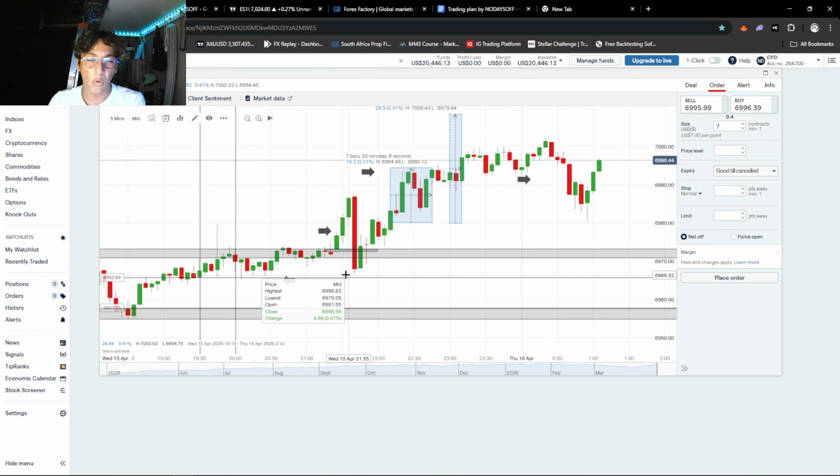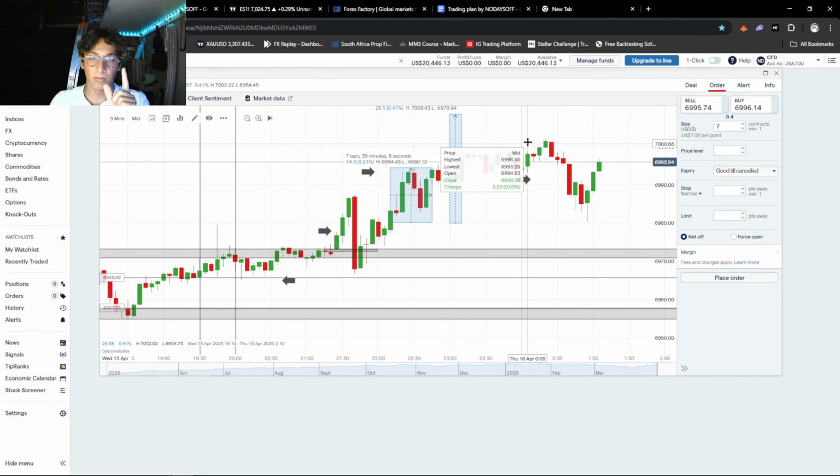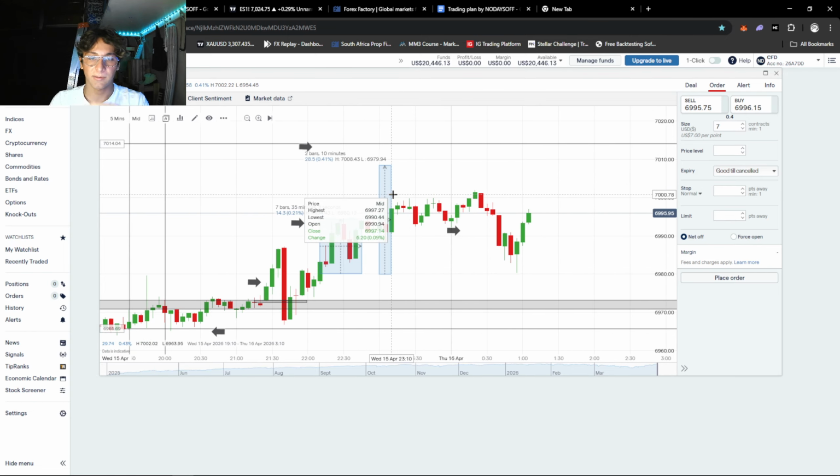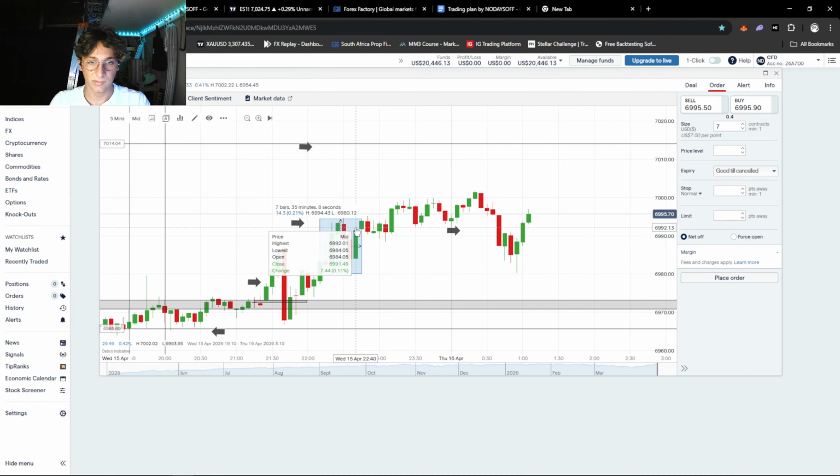then it dumped, and it almost hit our stop loss. It came so close, but then luckily it went all the way up to our take profit 1, which is up here. Take profit 2 was over here. We never hit it. We can delete these things,